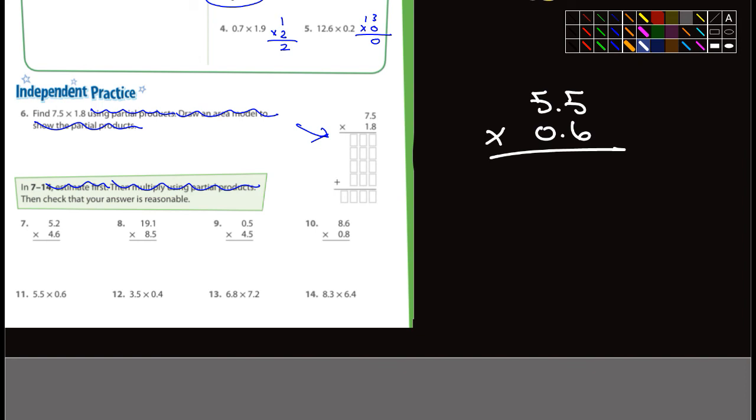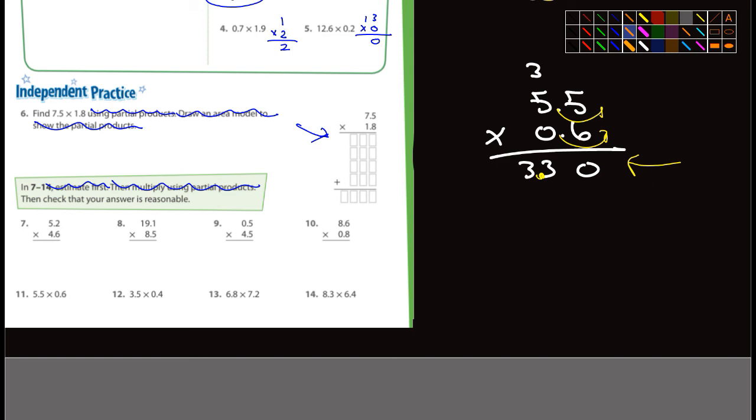So 6 and 5 is 30. Put down the 0, carry the 3. 6 and 5 is 30 again, plus 3 more is 33. And I'm done, because anything times 0 is 0. So now I just need to factor in the decimals. I have to move over 1 here, move over 1 here. That means I'm going to start on the far right and move over 2 places. So the answer is